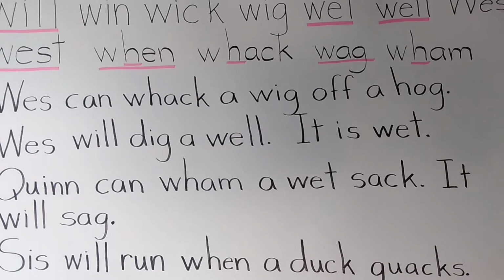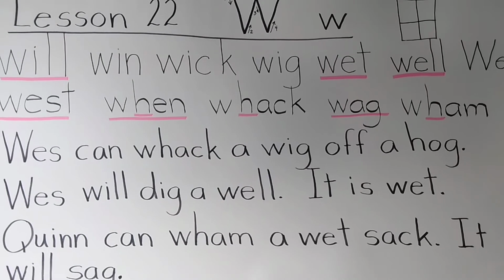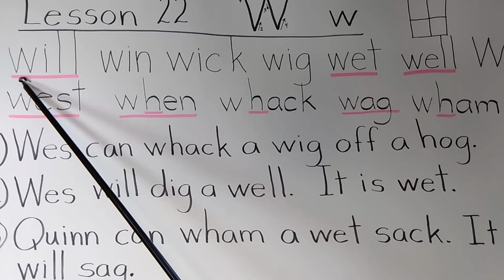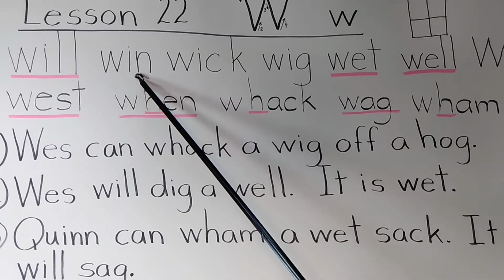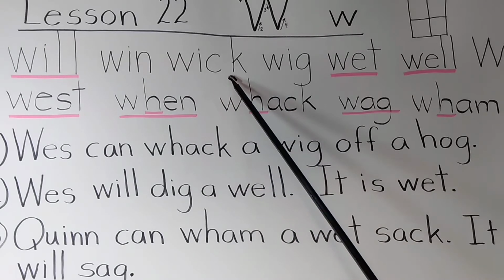All right, now we're going to do the same thing with lesson 22. This is the W lesson. And students, say these words before I do. Will, in, win, wick, wick,